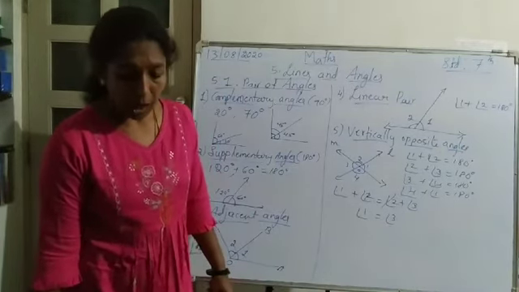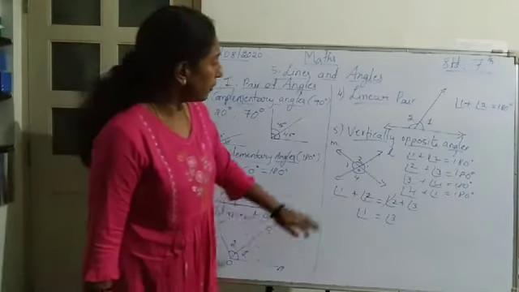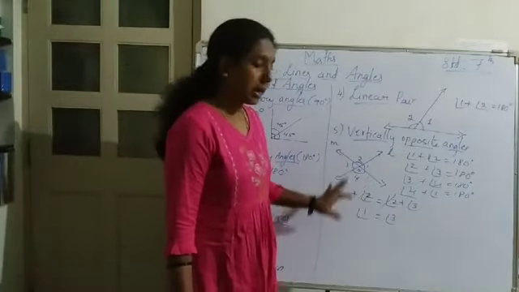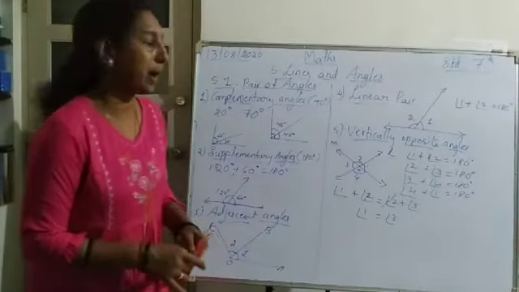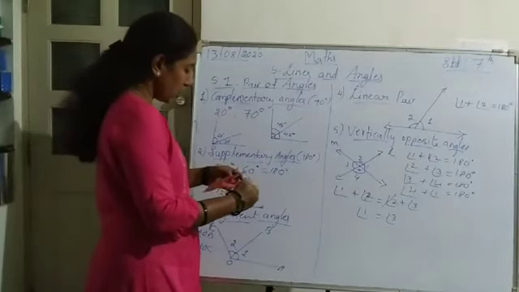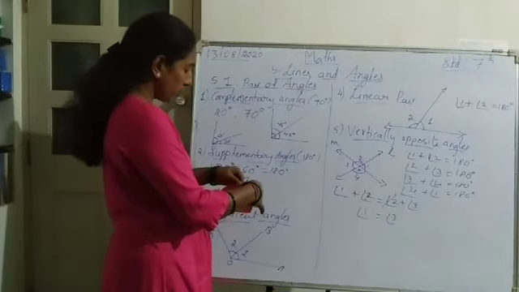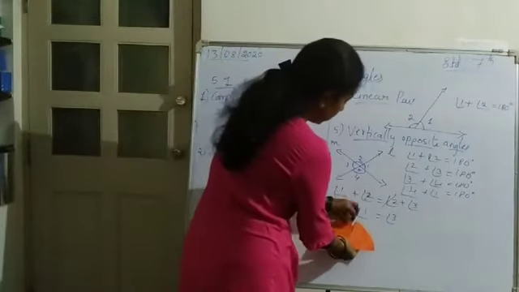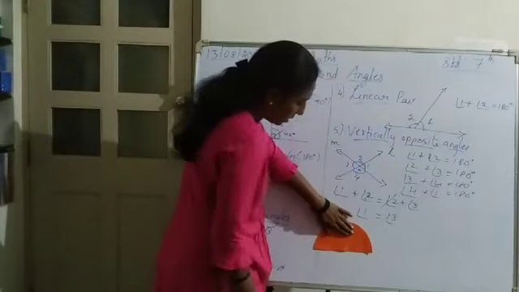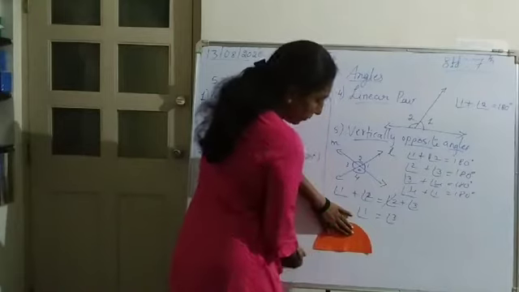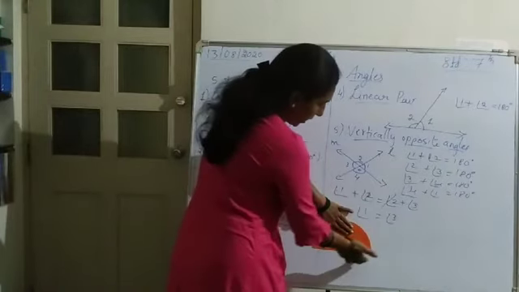Now here, one more thing is there. Here, these are the 4 angles. Now, by taking this one card sheet, I will show you some different types of angles. So here I am taking, see children, here we can take like this. See here, this is one of the lines. This is the other line.